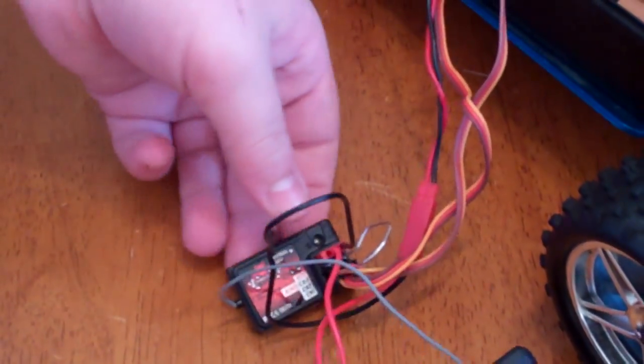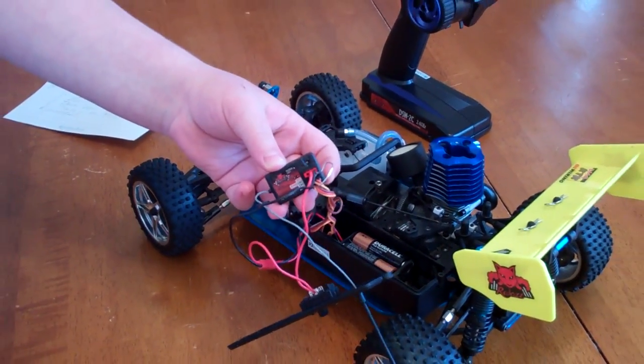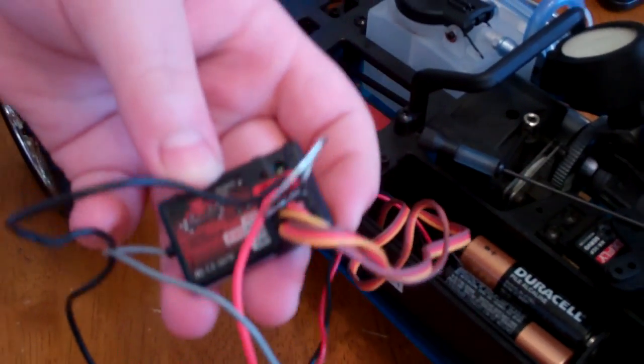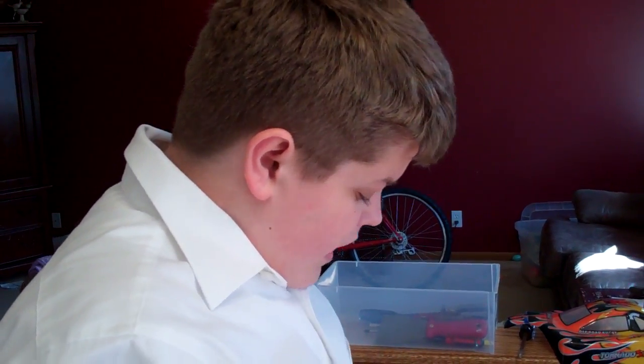What we need to do now is turn the car on, and you should see a flashing red LED. That means that the car is waiting for a signal. Next, you have to